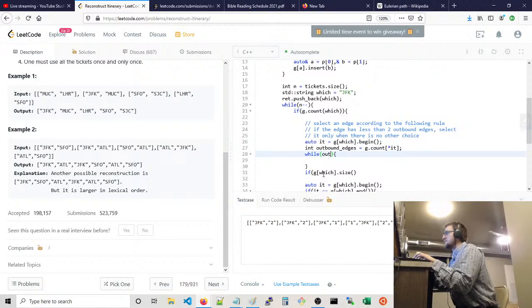While outbound edges... so we say if g.count of which is not equal to 1, it's greater than 1, then